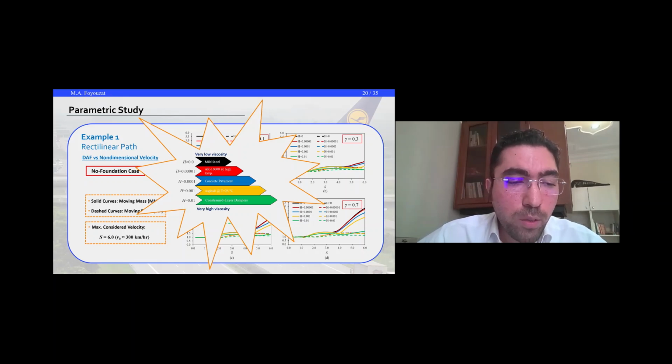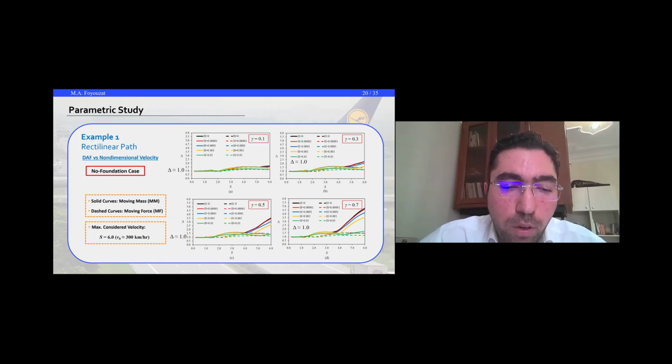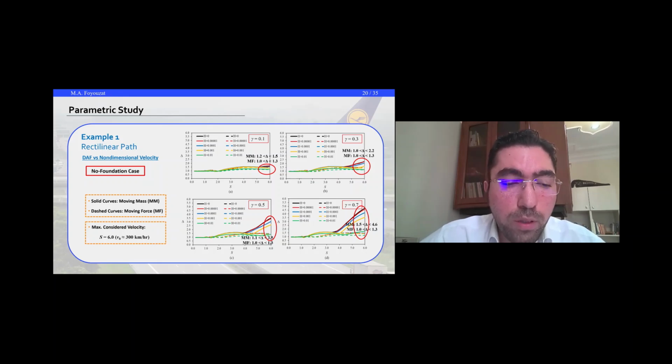We observe, as observed, at low speeds for all mass ratios, the delta value remains close to 1, indicating that the dynamic effects are negligible. However, as the speed increases, these dynamic effects become more pronounced. Moreover, with increasing mass ratio gamma and speed s, the proposed method effectively captures the inertial effects of the moving